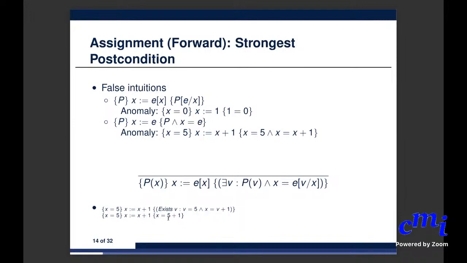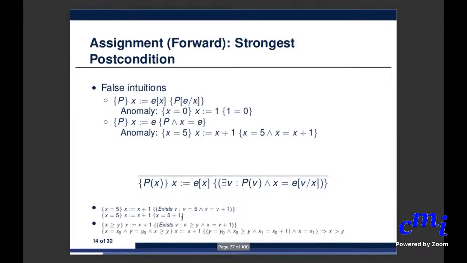And therefore, when you do that, you will get X to be exactly 6. Okay. And that is one way you can eliminate. And then, suppose the precondition is X is greater than or equal to Y. Then when you instantiate this, it says for any value of X in the pre-state such that